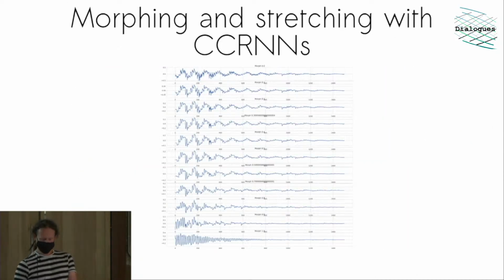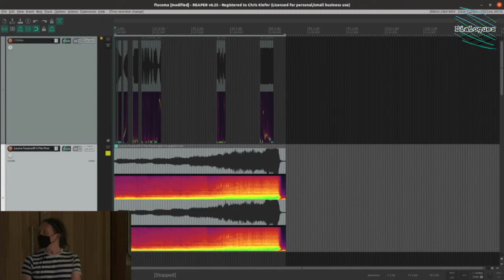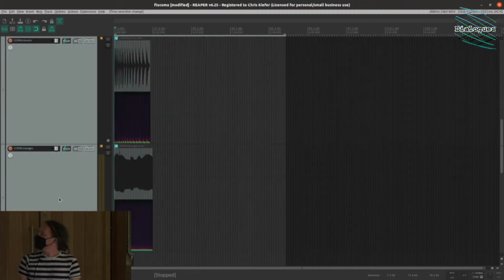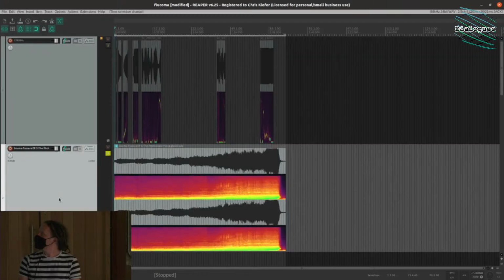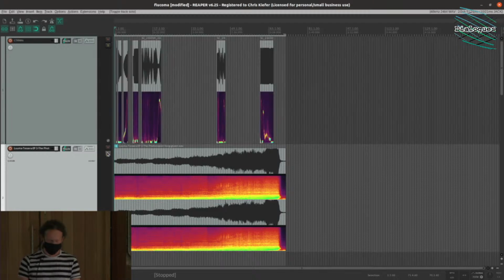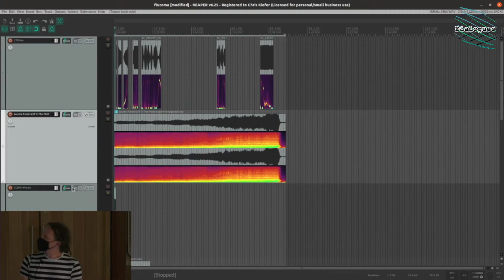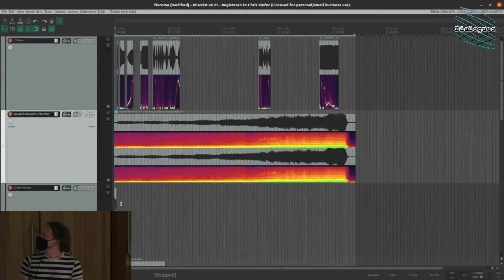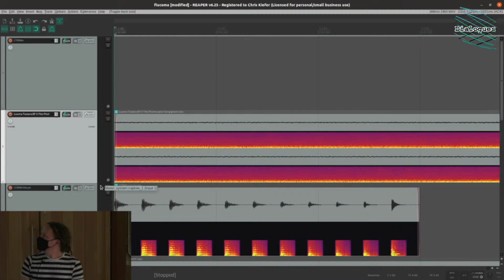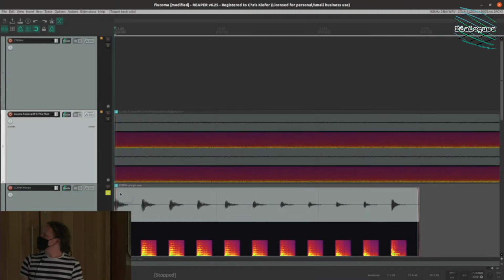So here's some examples. This is morphing.